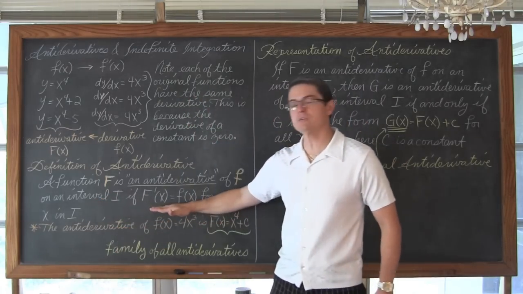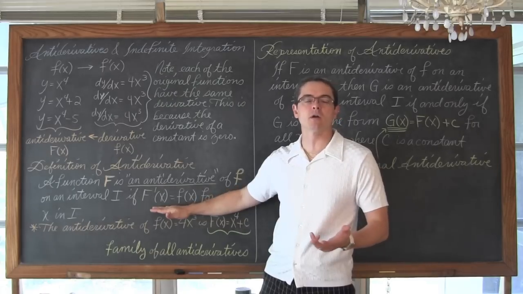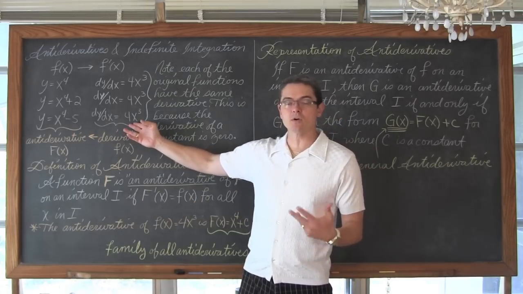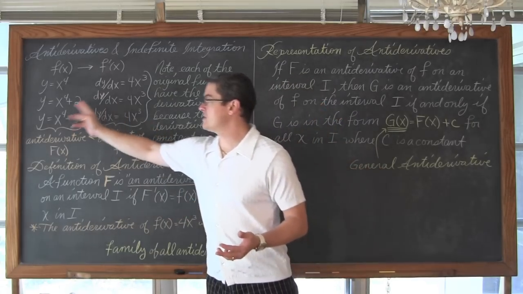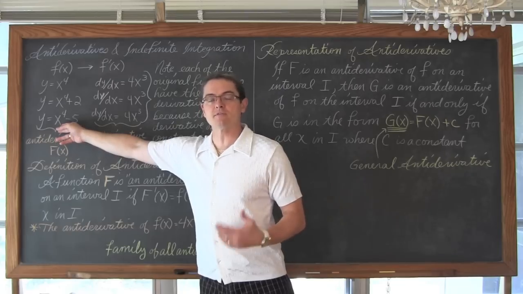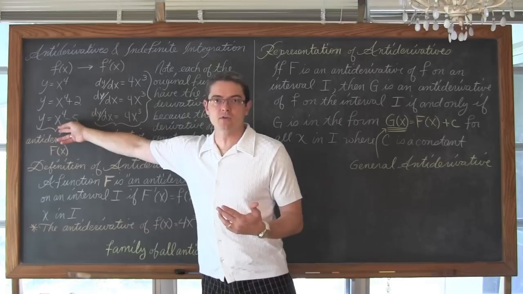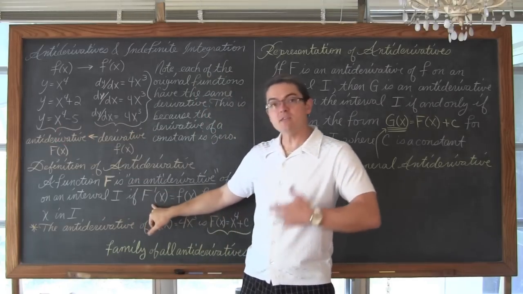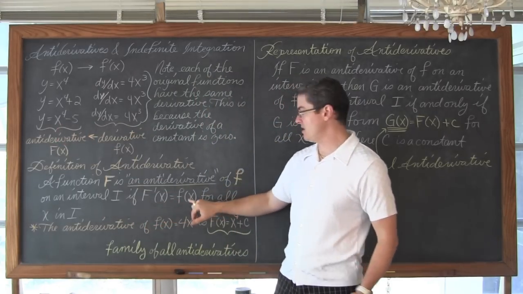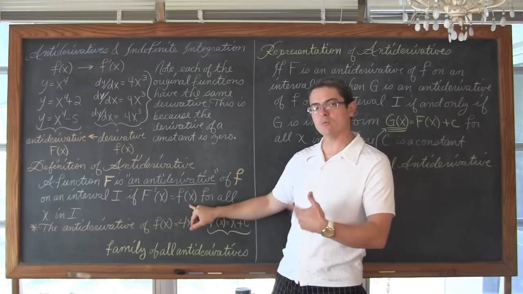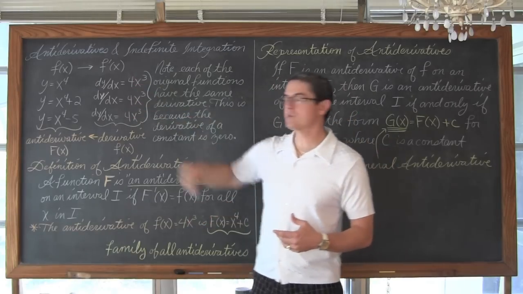So this right here is basically telling you how you can check your work. When you're given something that you're told is a derivative, and you go through the indefinite integration process to find the antiderivative, if you want to make sure that your work is correct, just take the derivative of your answer to see if you arrive at the original derivative you were given.